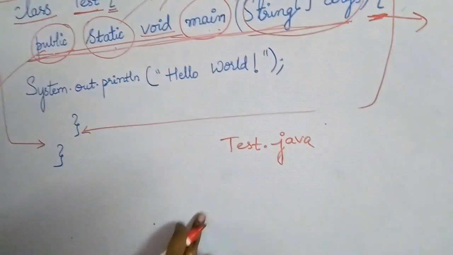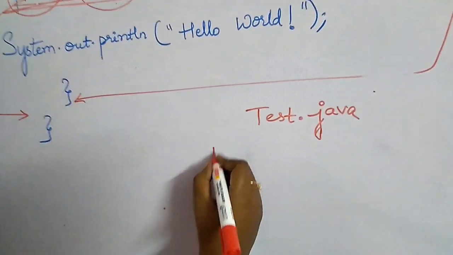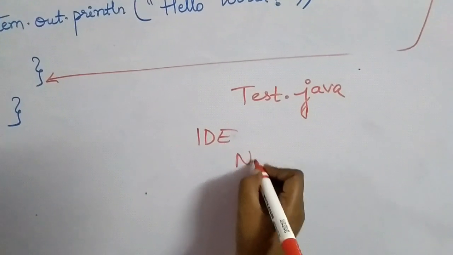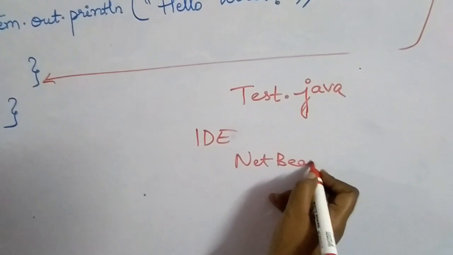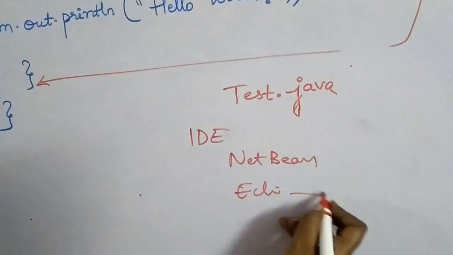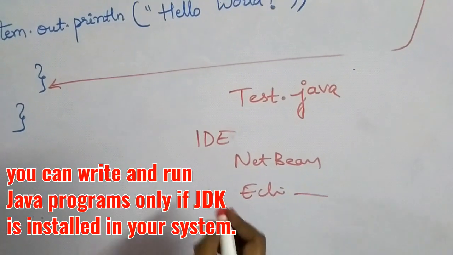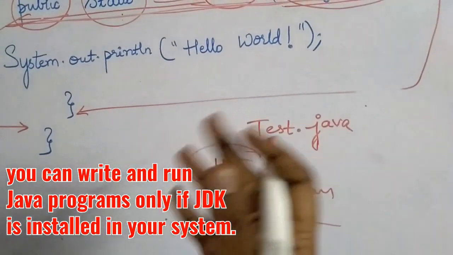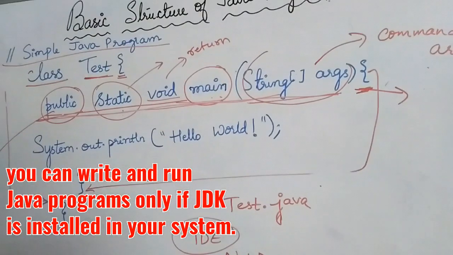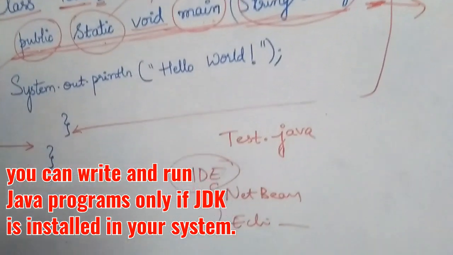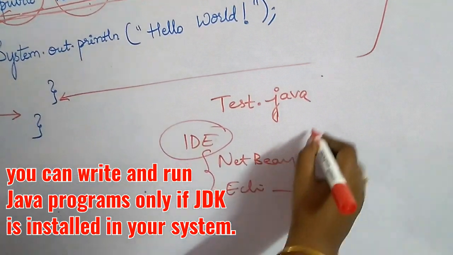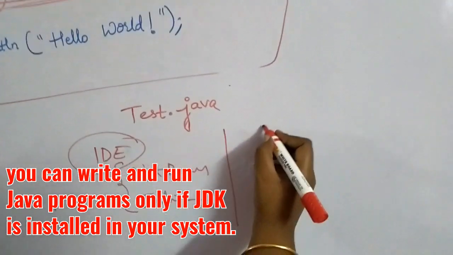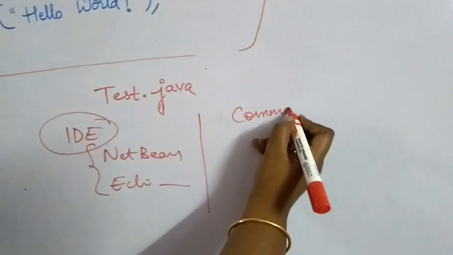Now, how to compile and execute it. If you are using IDEs, there are many IDEs available like NetBeans and Eclipse. You can use any of these IDEs, and they are very user friendly. In there you will have a compile button and a run button, and you can compile and run your program. Now coming to another way of compiling and executing your program, that is in the command prompt.